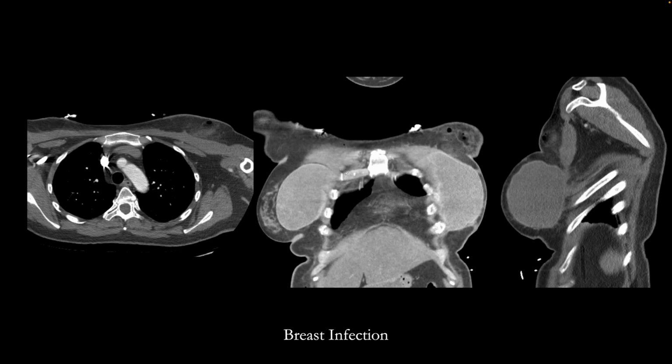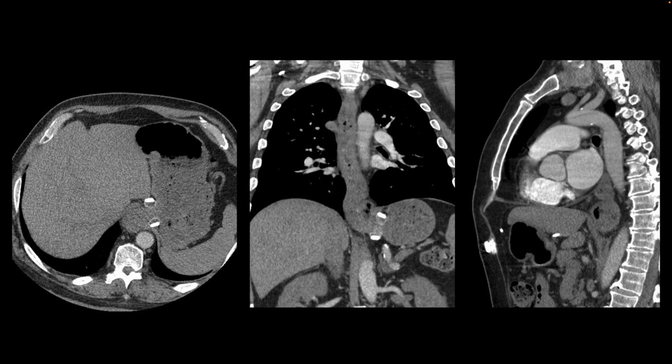This is our next patient. Their etiology of chest pain was in the breast. They had a procedure, and after the procedure, they are developing an abscess, and that was causing their chest pain. This is our next patient, and here the interesting finding is that their gastric lap band